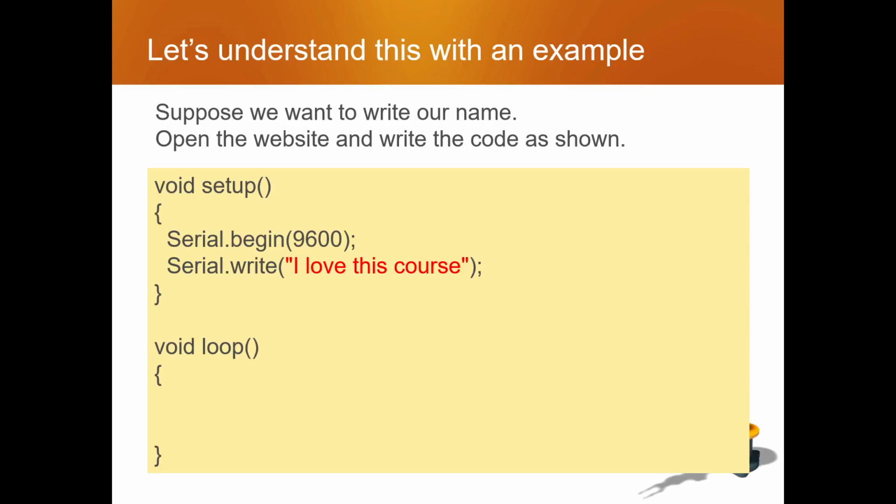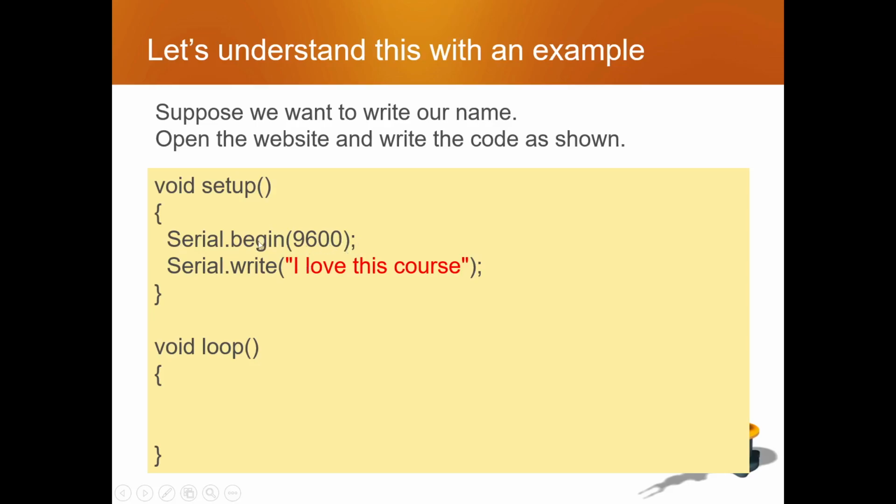So basically, once you connect your Arduino board with your computer, if you want any message to be printed or given as a message to the person who is running the program, suppose I want to print this message, I love this course, using my Arduino board, I'll be using this serial communication. To use that, I will use the command Serial with capital S. So you have to write Serial.begin